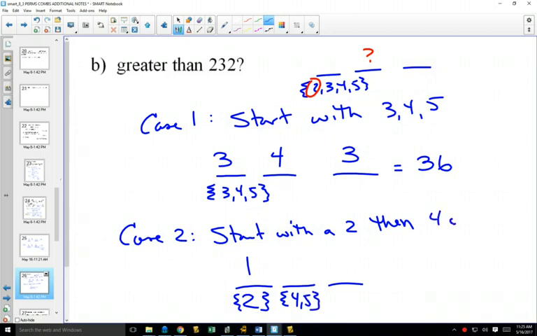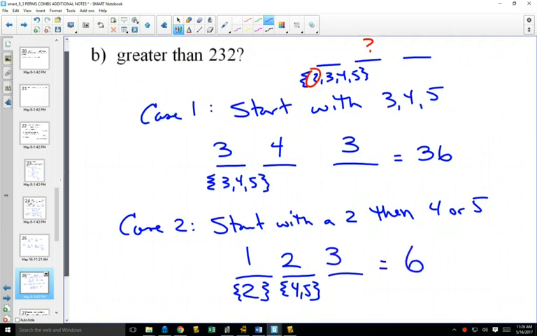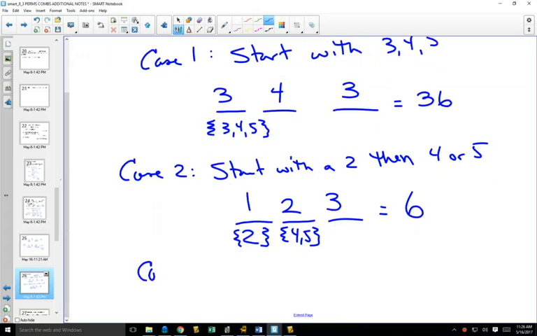So 2 choices there, and now there's no restrictions whatsoever on the last one. And so we've used up 2 numbers. There would be 3 left for 6 possible ways. Am I done? Have I counted everything? No, what haven't I counted? I haven't started with a 2,